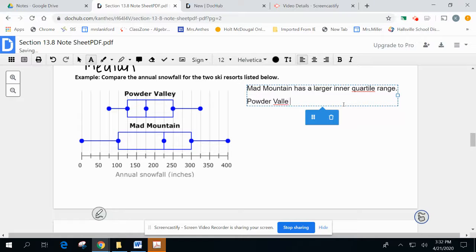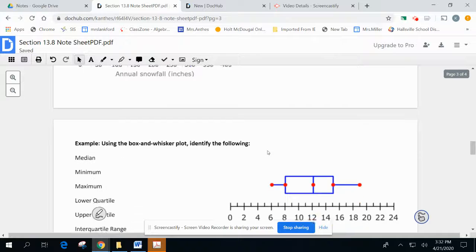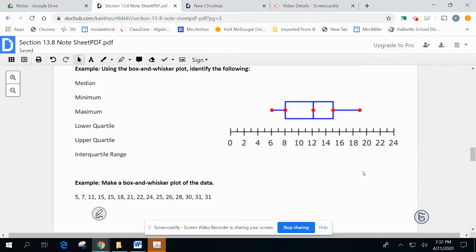Okay, the next statement you could make would be that it looks like Powder Valley has a lower average of snowfall. Those are 2 statements. There are many others that you could make, but those are 2 examples of statements you could make from that box and whisker plot. Okay, so again, we're going to use this box and whisker plot to identify the numbers